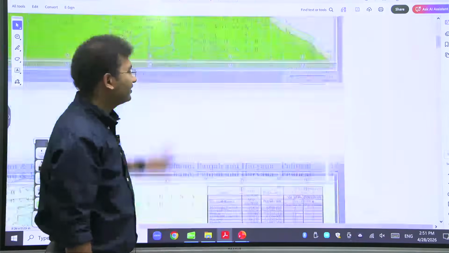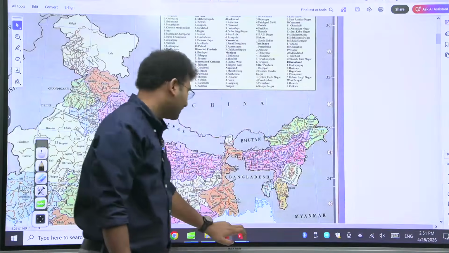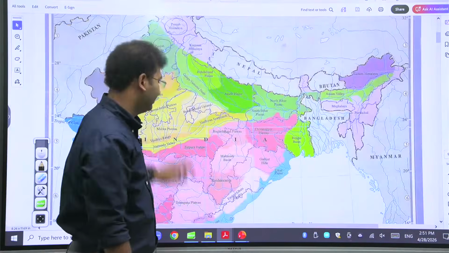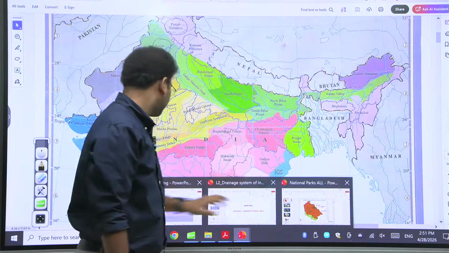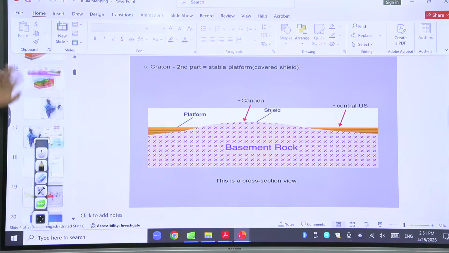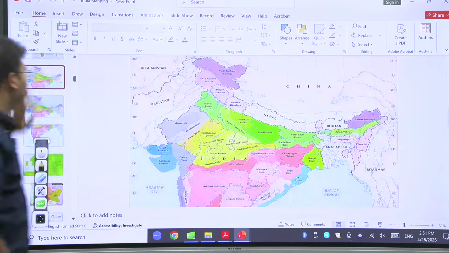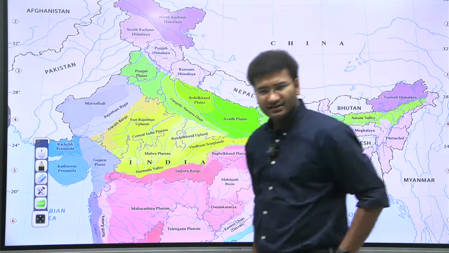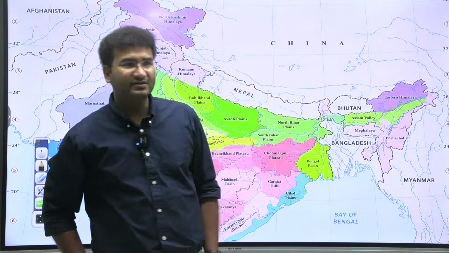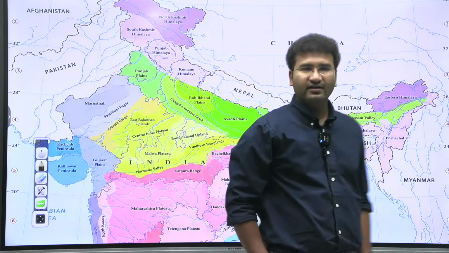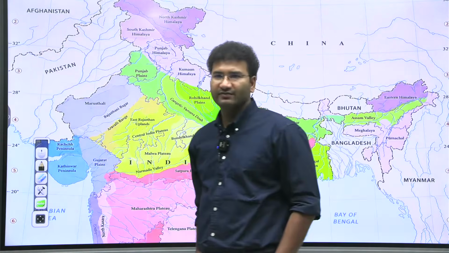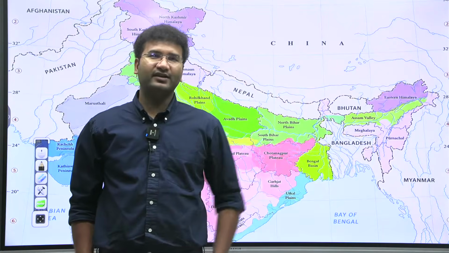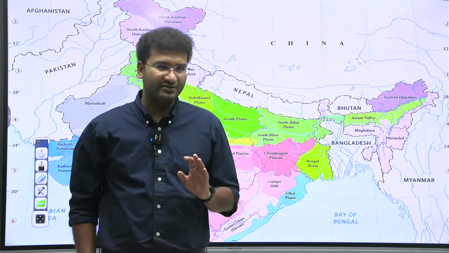First, understand the physiographic regions, then one by one we'll look in detail. If you have it in your atlas, well and good. If you don't have it in your atlas, just have a look at the screen. So, the physiographic regions of India. India has multiple physiographic regions, which are broadly divided into Himalayas, northern plains, deserts, eastern coastal plains, western coastal plains, western Ghats, eastern Ghats, right, and islands. These are the major physiographic divisions, which you might have read in your NCERT also. But UPSC will not go there. Rather, it will go into a little more detail and ask you questions.